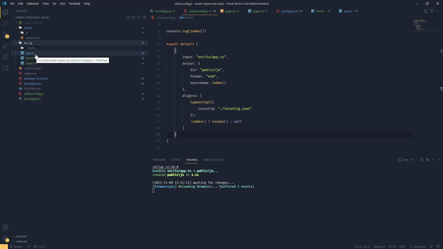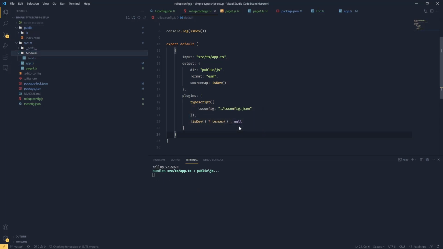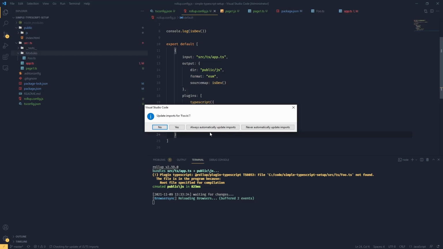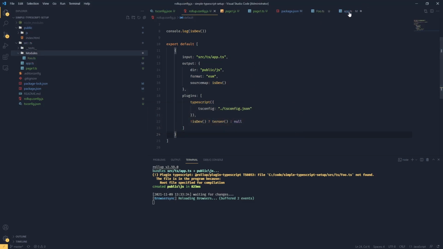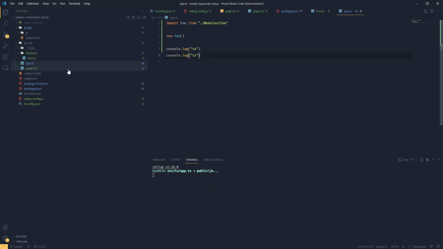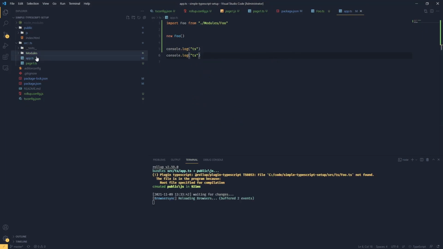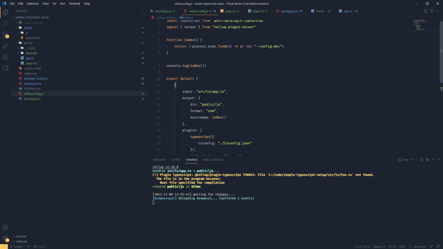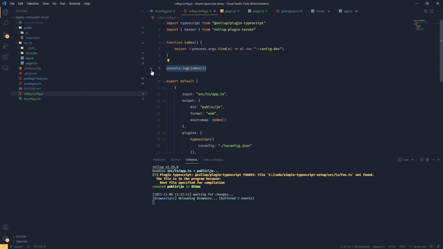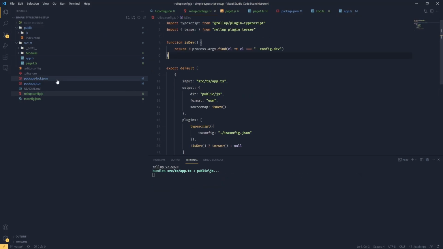So what we can do is move our module files into a subdirectory. As an example, let's just create a modules folder. So let's move our foo into modules, and let's update our imports, and we're going to have to save this file like so. So now in rollup, we should be able to get, with Node, the list of the files